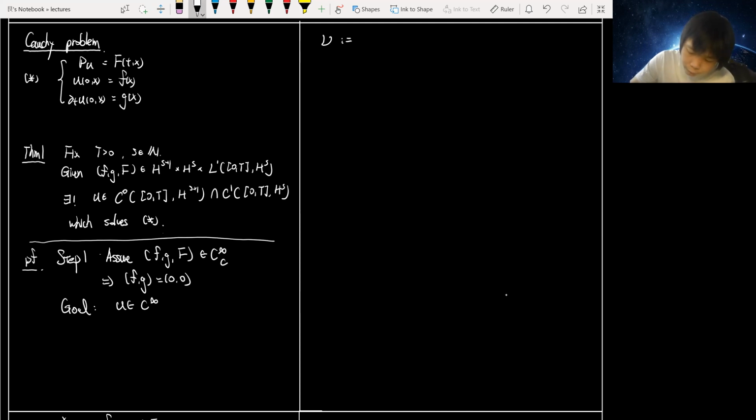V is defined to be the image of P star acting on the test functions, on (0,T) cross R3. LF is a functional defined on V, which is LF of P star V is the integral